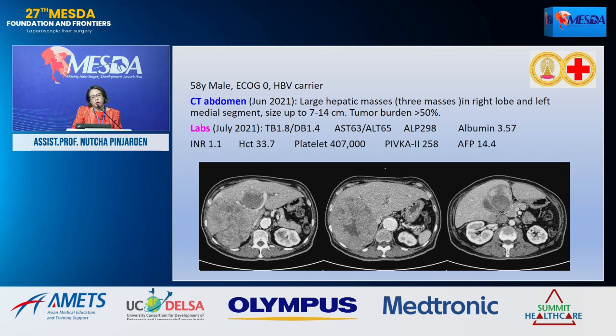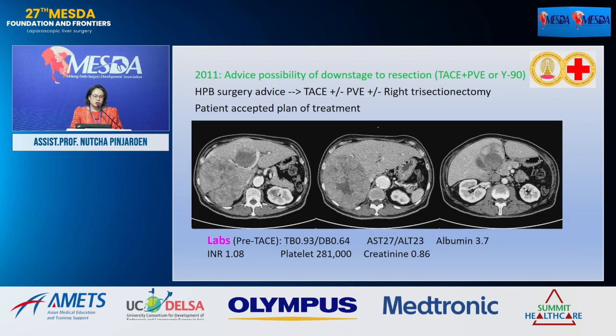This patient came to our center in 2021. By that time, immunotherapy was not popular yet in Thailand. So the treatment we offered the patient was to try to downstage to resection with either TACE with PVE or Y-90. And then the surgeon advised TACE plus or minus PVE and then right hepatectomy, and the patient agreed with the